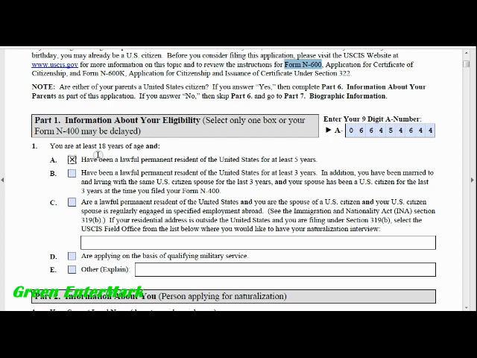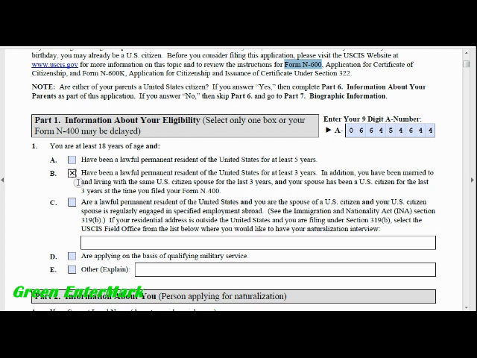The reasons: first of all, you are 18 years old. The first reason is you are a lawful permanent resident and have spent at least 5 years in the USA. The second reason is you are a lawful permanent resident and have spent 3 years in the USA,